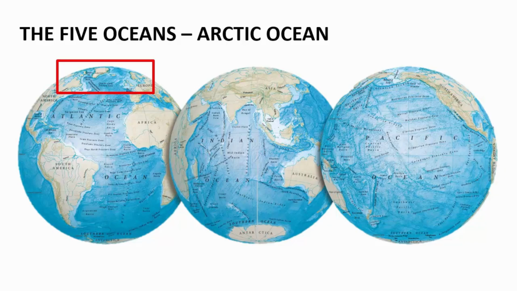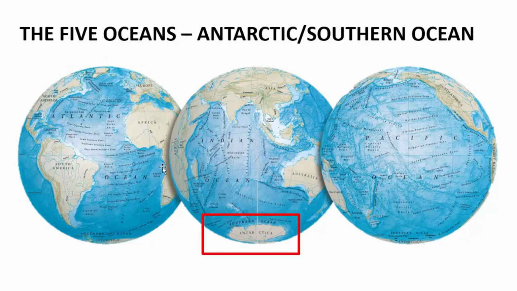The next ocean that we're going to discuss is the Arctic Ocean. Now, the Arctic Ocean is situated entirely around the North Pole of Earth. It mostly holds the water in the form of ice, as the temperature over there remains below zero all the time. Similarly, we have the Antarctic Ocean as well, which is also known as the Southern Ocean. Now, it is present around the South Pole of our Earth, and again here also a major amount of water is present in the form of ice, and of course it surrounds the South Pole.